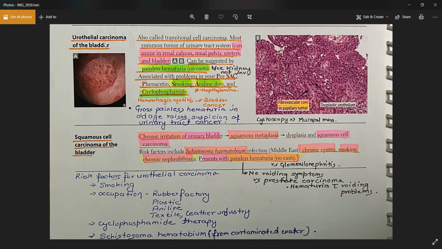So biopsy from these lymph nodes is also taken. If you find a biopsy positive for tumor cells, that means the patient has a very poor prognosis. Metastasis has already happened, right? If no involvement of lymph nodes is seen, that means the patient still has a very good prognosis. So prognosis depends upon the TNM staging. A papillary or a nodular or a sessile mass will be visible on the endoscopy or cystoscopy of the patient. You take the biopsy, you will find these papillary lesions with a central fibrovascular core. Any doubt on urothelial cancer, please ask.